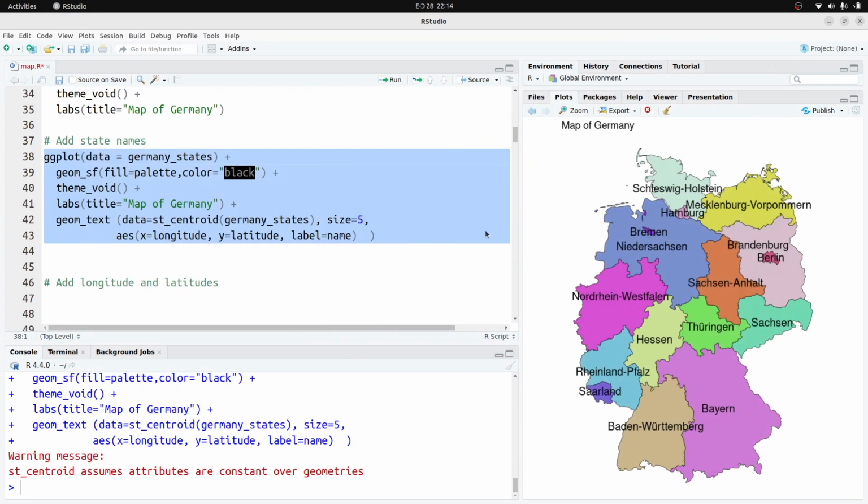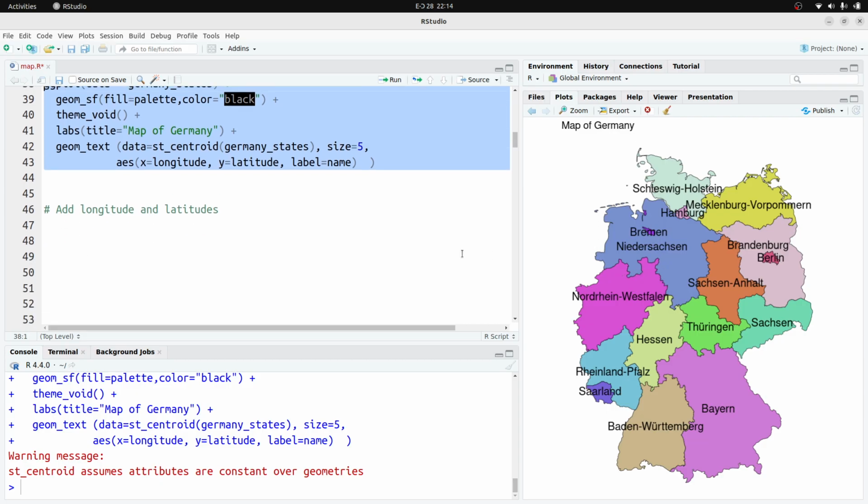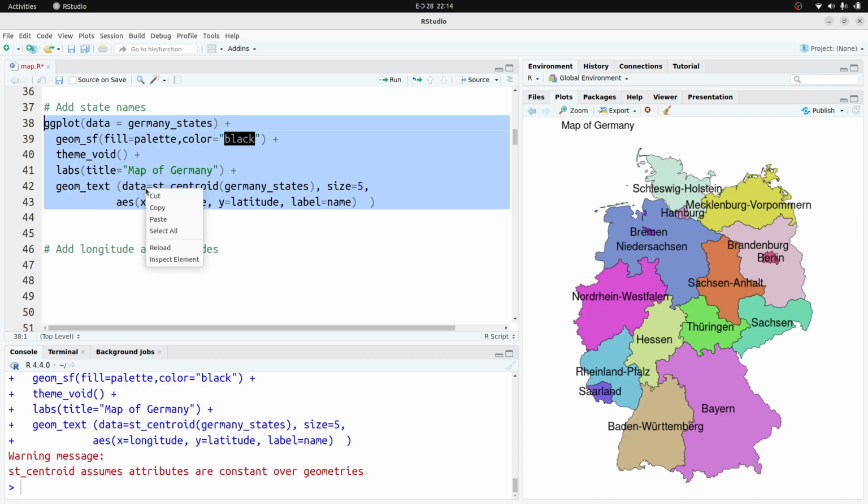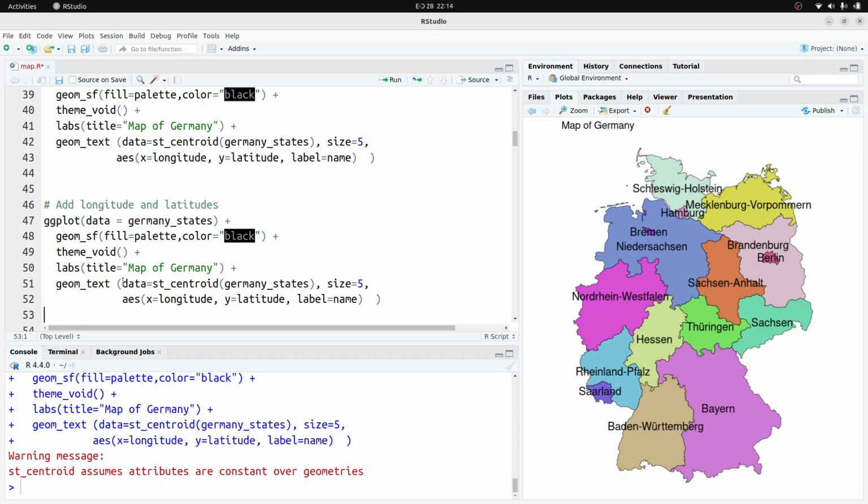Now you will notice that here we only focus on the plots. Sometimes you may want to add the coordinates, latitudes and longitudes, so we can also add them here. In some plots it's required that you indicate the longitude and latitude, so we can do that here. If you want to add the longitude and latitudes, the same command, we paste, and this time we